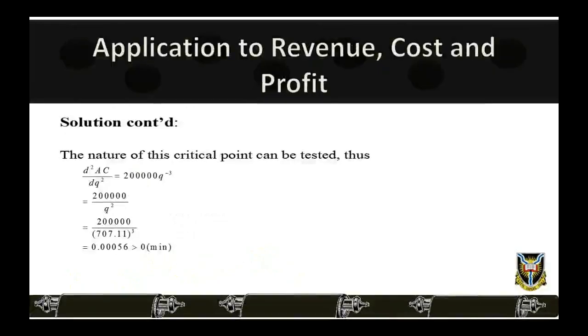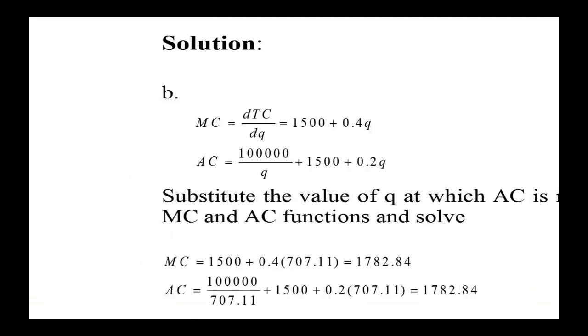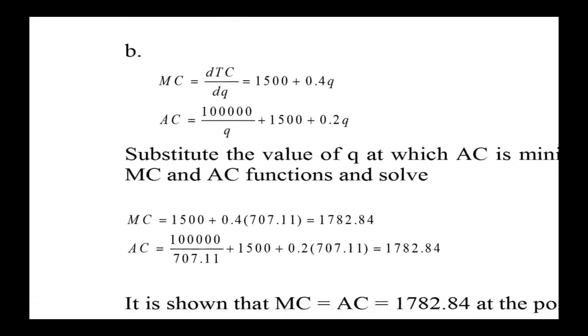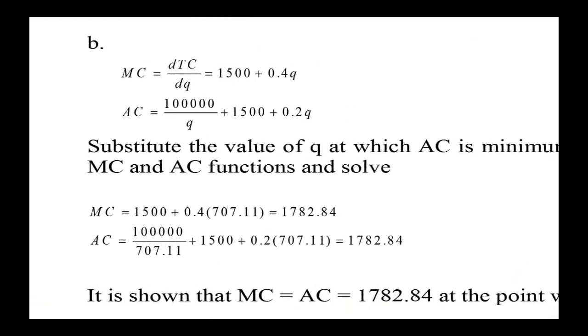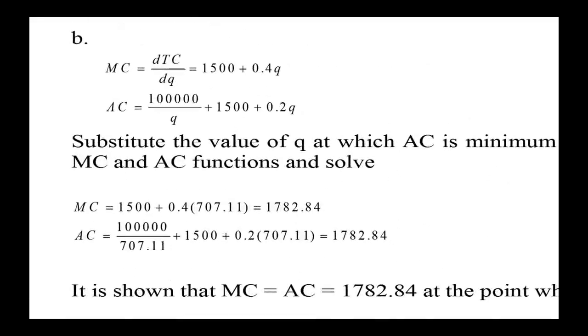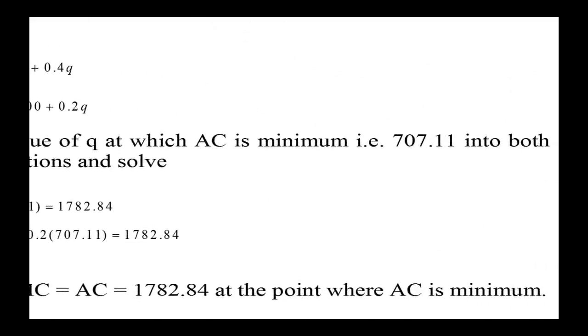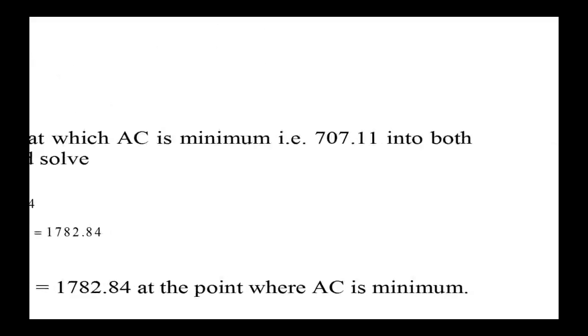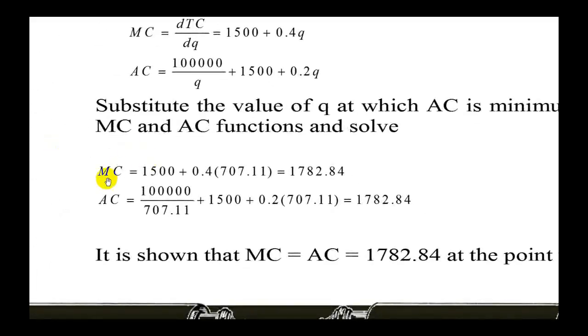B. MC equals dTC divided by dQ, which equals 1,500 plus 0.4 Q. AC equals 100,000 divided by Q plus 1,500 plus 0.2 Q. Substitute the value of Q at which AC is minimum, that is 707.11, into both MC and AC functions, and so MC equals